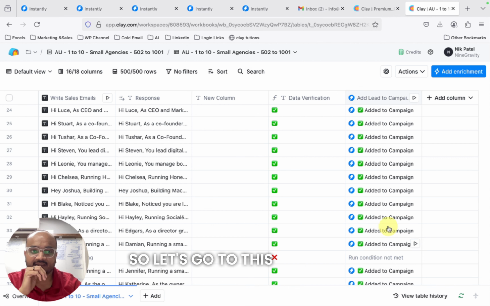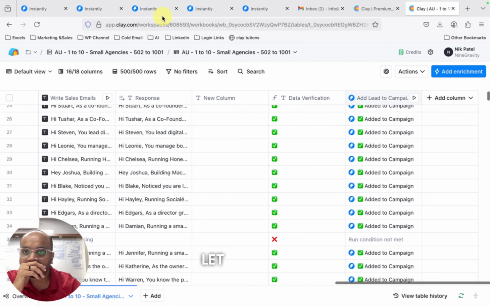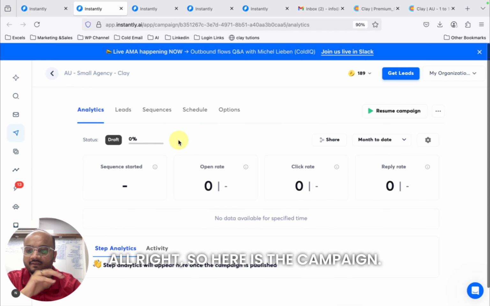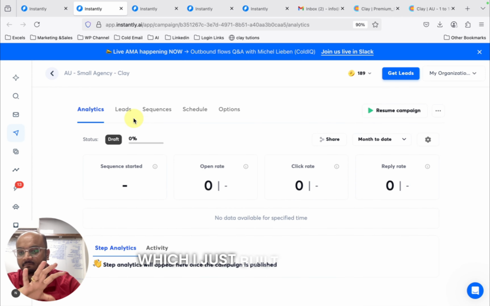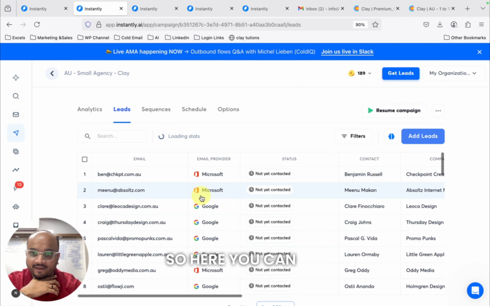So let's go to this campaign. These leads have been automatically pushed into my campaign. Let me just show you this campaign. All right, so here is the campaign. This is a fresh campaign which I just built today, so I haven't started it yet. But today or tomorrow I'll start this campaign, and in my next video I'll show you the results as well. So here you can see the leads,